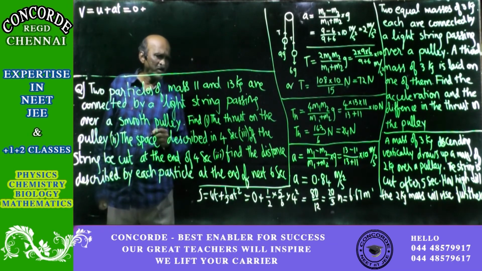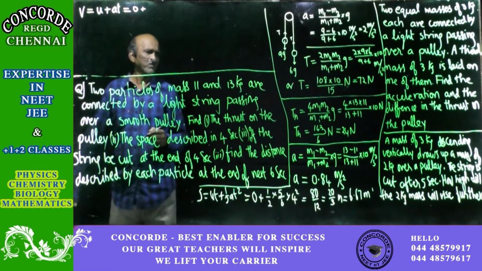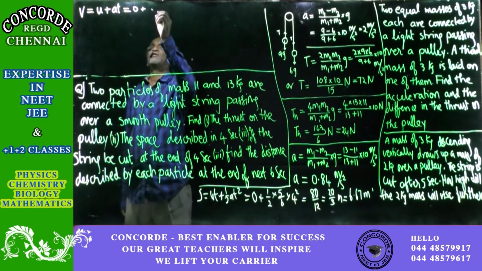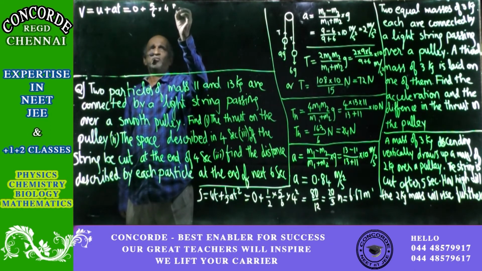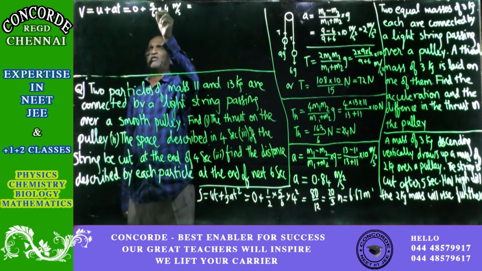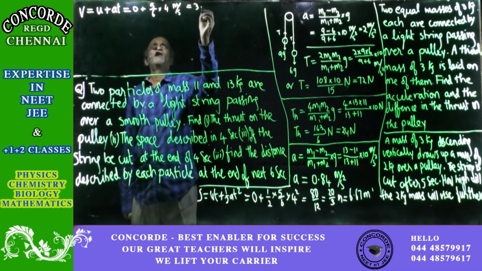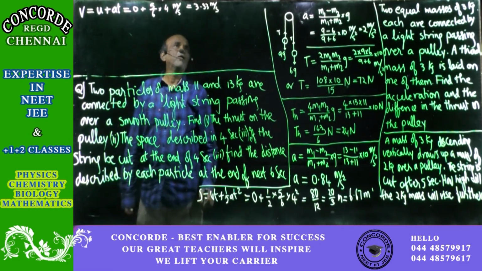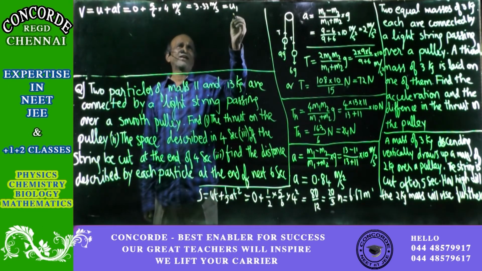The acceleration is equal to 5 by 6 meters per second squared. So 5 by 6 into 4 seconds. That will be equal to so many meters per second. 5 into 4 is 20 by 6 is 10 by 3, which is equal to 3.33 meters per second, or you can as well write it as 10 by 3. That is equal to u1 for the next 6 seconds.